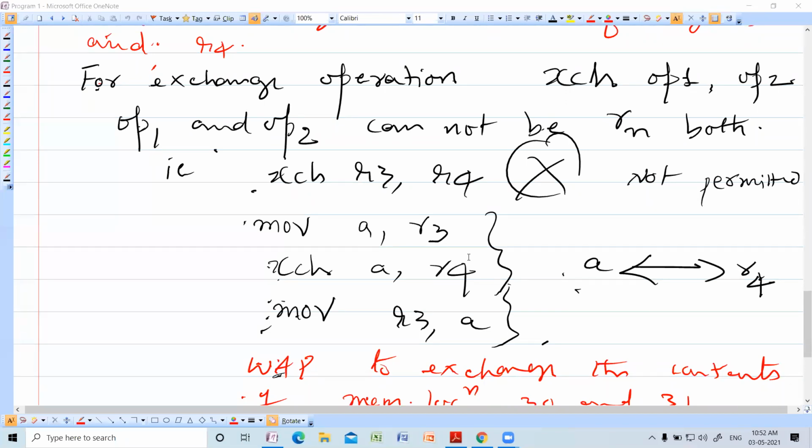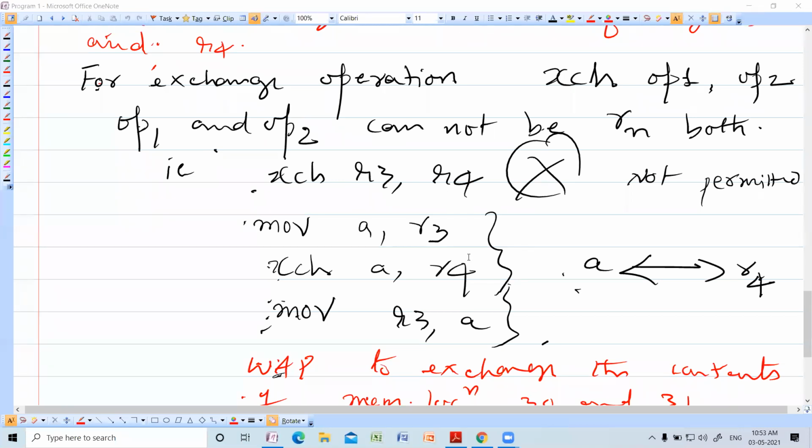Then you have to once again copy accumulator into register R3. So if you want to exchange the content of R3 and R4, first you have to read R3 into accumulator. That is, copy R3 into accumulator, MOV A, R3, exchange A with R4.